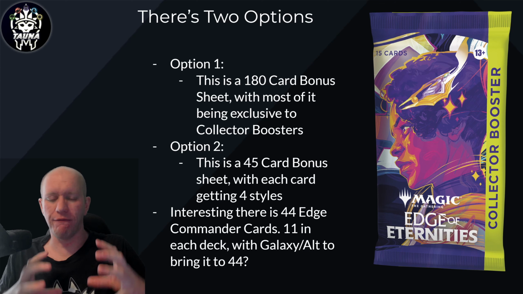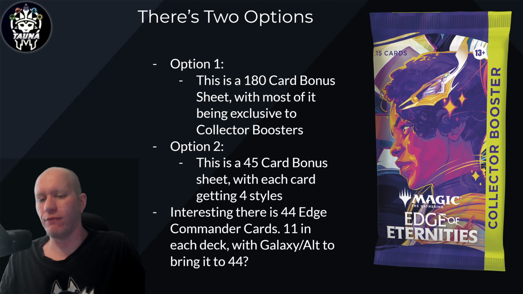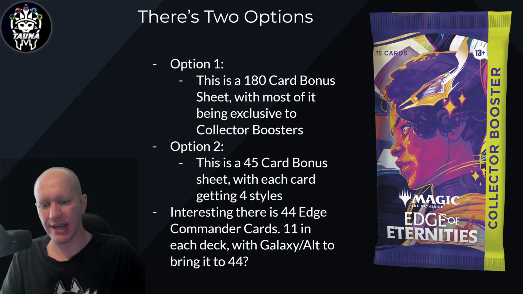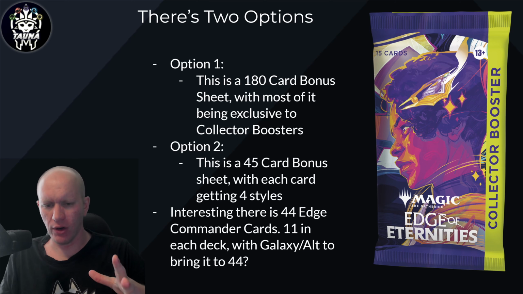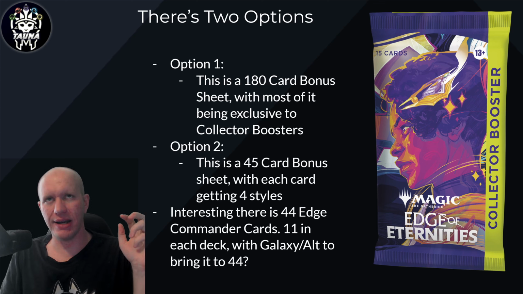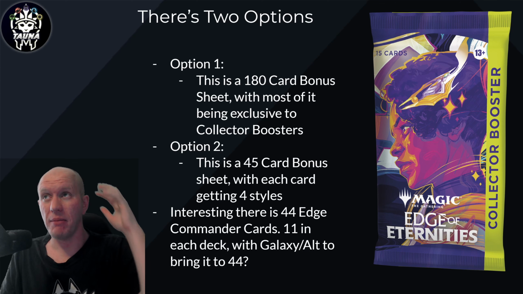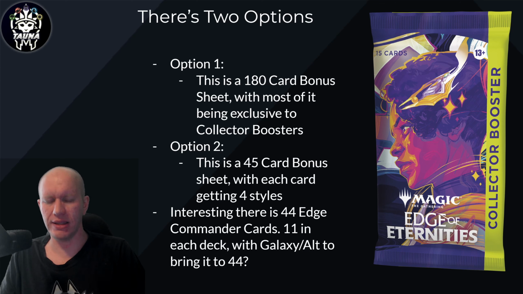Option 2 is there is a 45 card bonus sheet where they're 45 within the play boosters. And then there's 4 different styles for each one, which we'll get into in a second. That is possible as well. They did similar with OTJ and WOT, where there were multiple styles for each of them. However, I can't remember if any of those were collector booster exclusive. Maybe the OTJ ones were, but like the anime arts, for example, you could get them within the normal set for Wilds of Eldraine, but then there were some that were exclusive to collector boosters, I believe, which was the